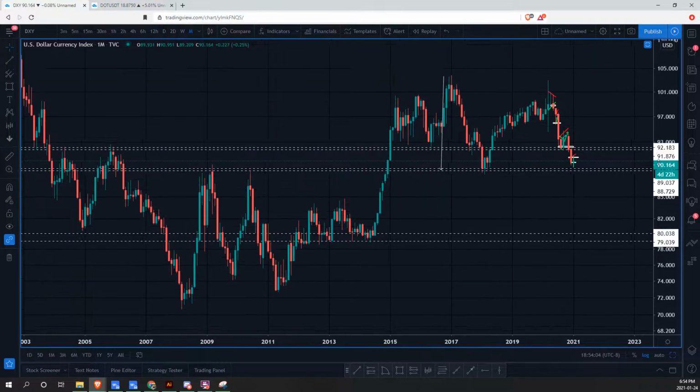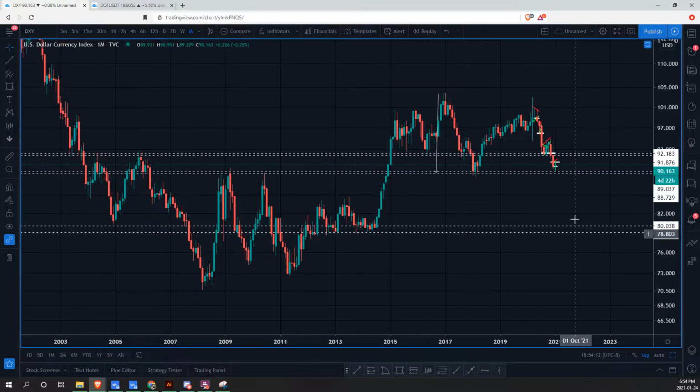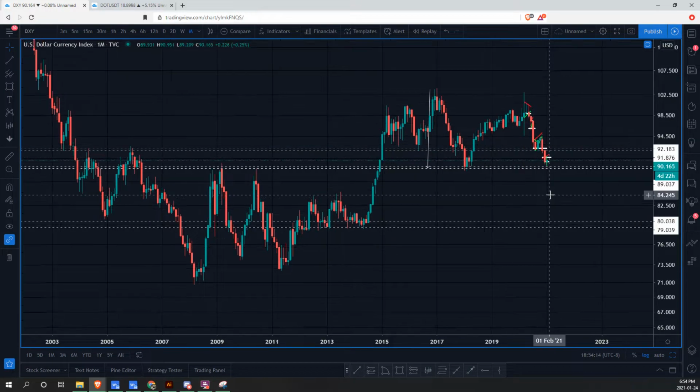So if we are able to fall below this zone, that's going to be a confirmation of that double top on the monthly chart, and I think if that occurs, we're going to see a strong push to the downside where the S&P, Bitcoin, definitely a lot of other altcoins will be absolutely pumping, and we definitely want to be a part of it. We want to be profiting off that move to the upside and off the stimulus and